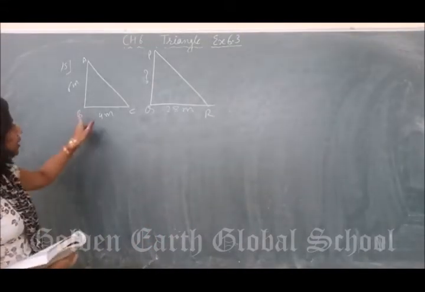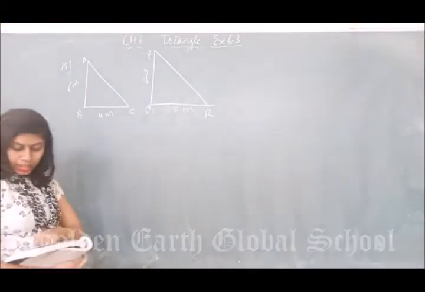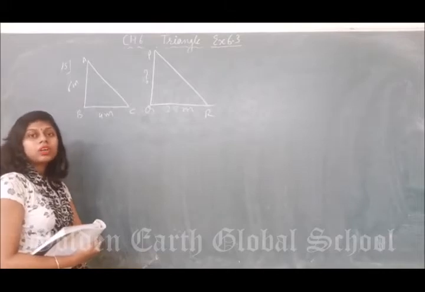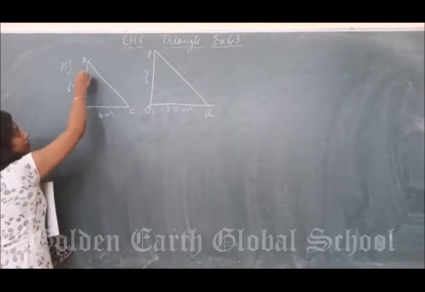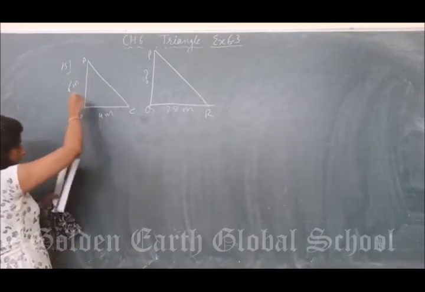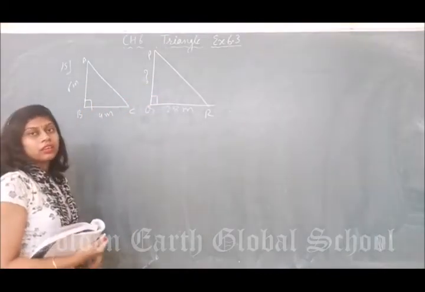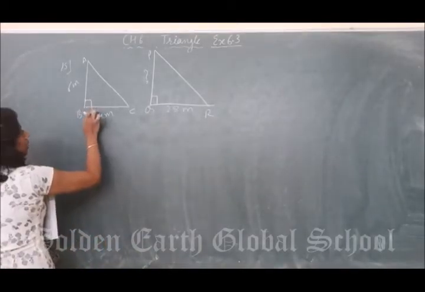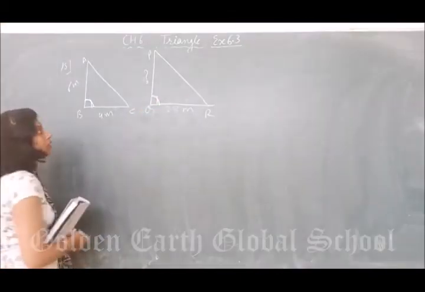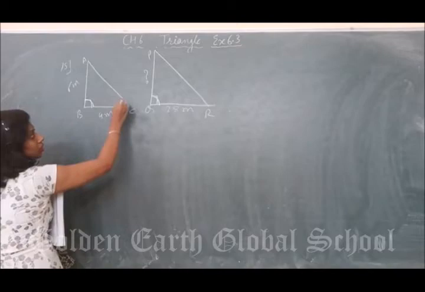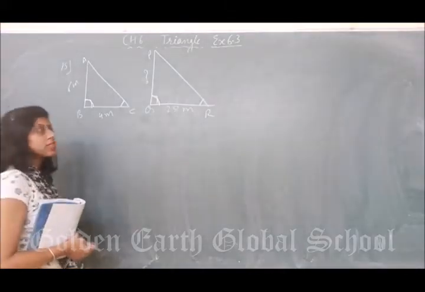You see, the shadow is exactly at the same angle because they are set at the same time, because the sunlight will be the same at the same time. So this tower and shadow, and this pole and shadow, will make the same angle. It need not be 90 degrees, but these angles are same. Clear? So these two angles are same. So this angle should also be same. Clear? So these triangles are similar.